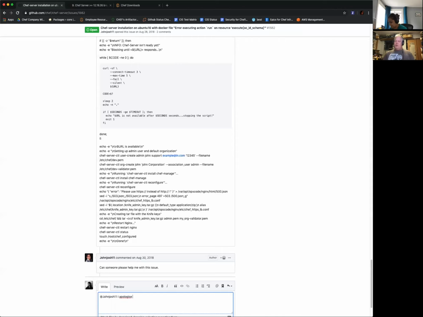I guess the best way to do this is to say right now we don't support Docker installs of Omnibus Chef Server. If you think this is something you would want, please suggest an idea on AHA. I think it has to be taken in through product to make the call on what the Docker story is for Chef Server going forward. So let's get this in AHA so product will track it, and they have it in their systems to help make the call on what we're going to do. But right now, Omnibus Chef Server is, I would say, known broken even.